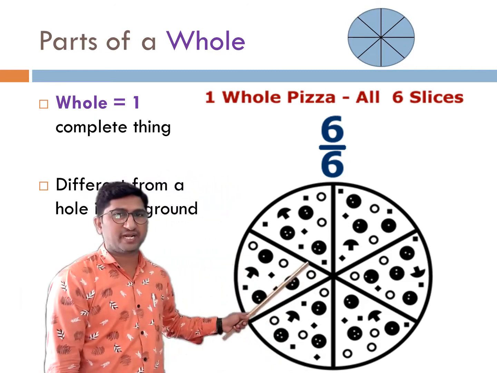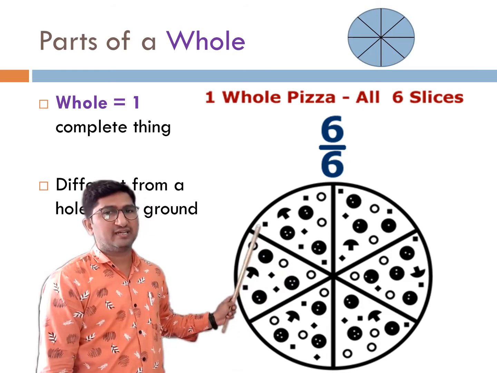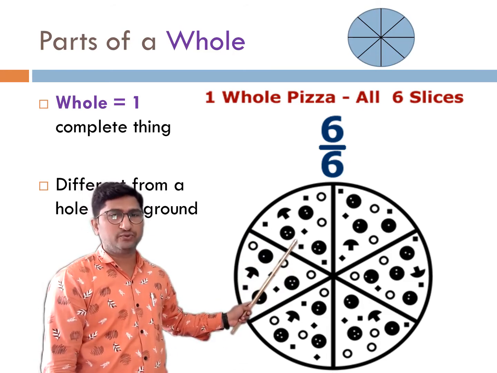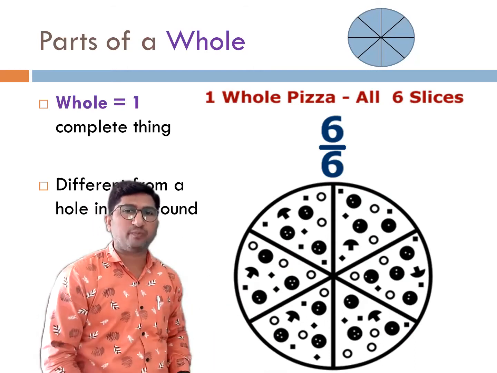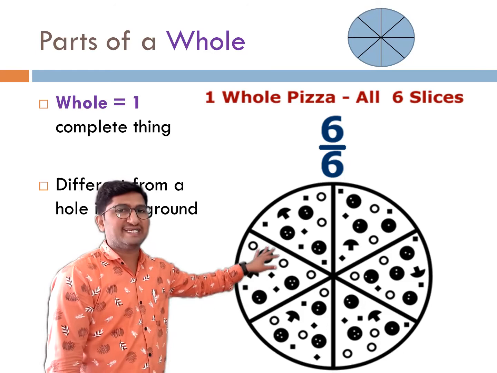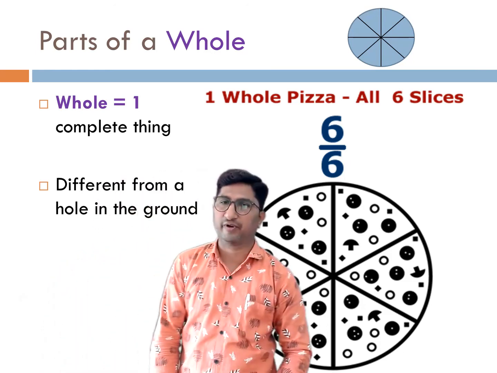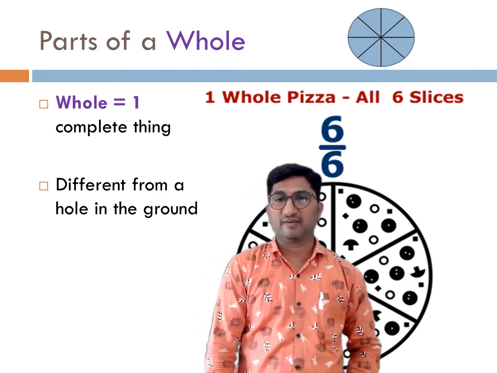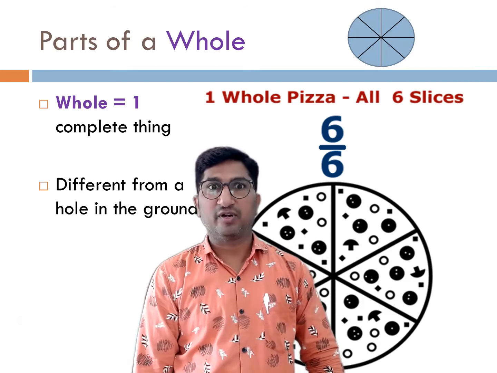If you consume one part of the pizza, if you eat one part of pizza, you will get 1 out of 6. If 2, 2 out of 6. If 3, 3 out of 6. If you eat the whole pizza, then you have eaten 6 out of 6 parts of the pizza. We can say one whole pizza we have eaten. You like pizza the most, I know. That's why I've chosen this example. I hope you have understood the fractions.